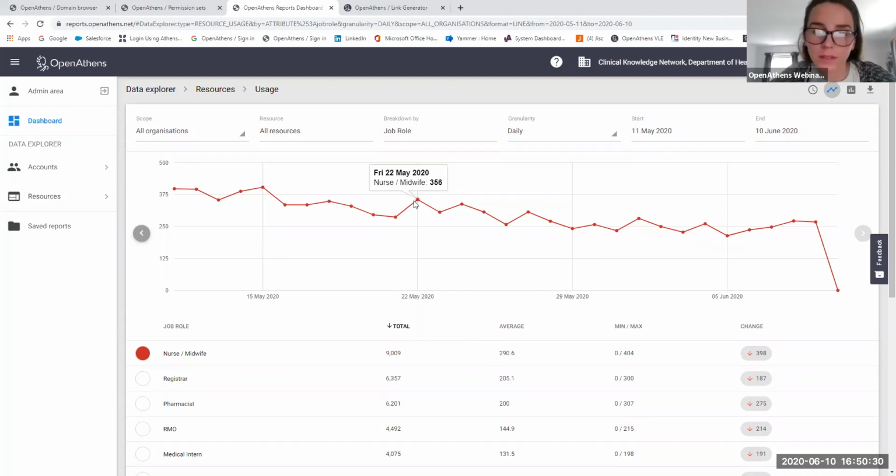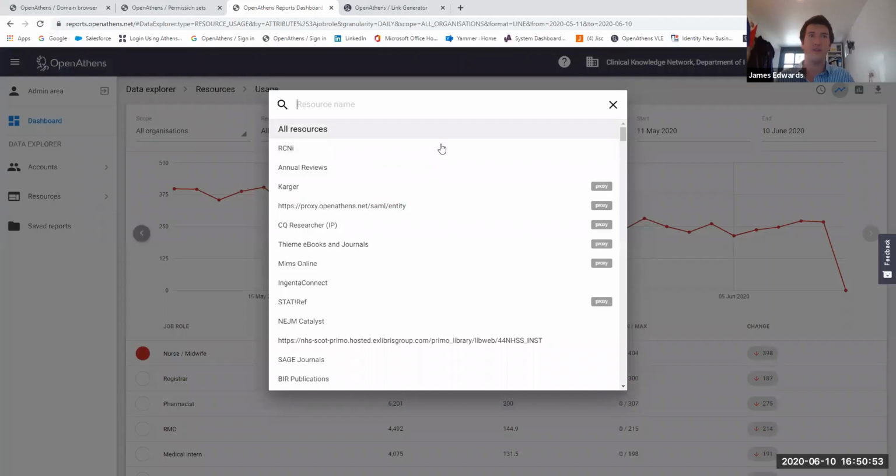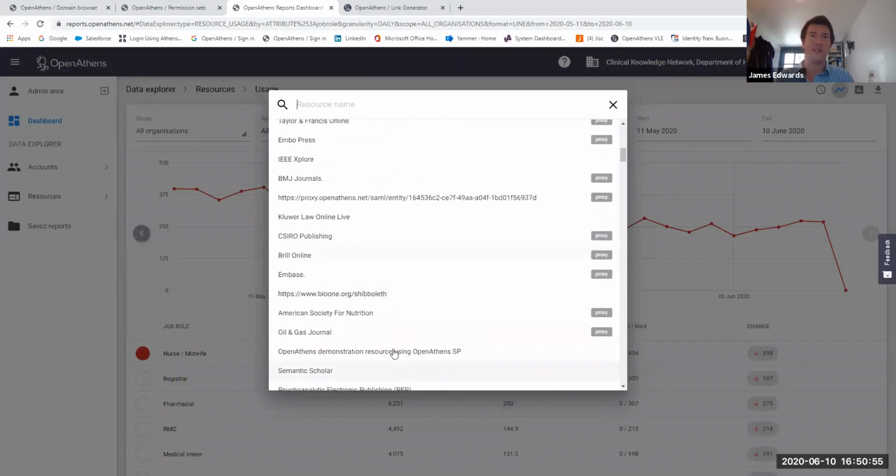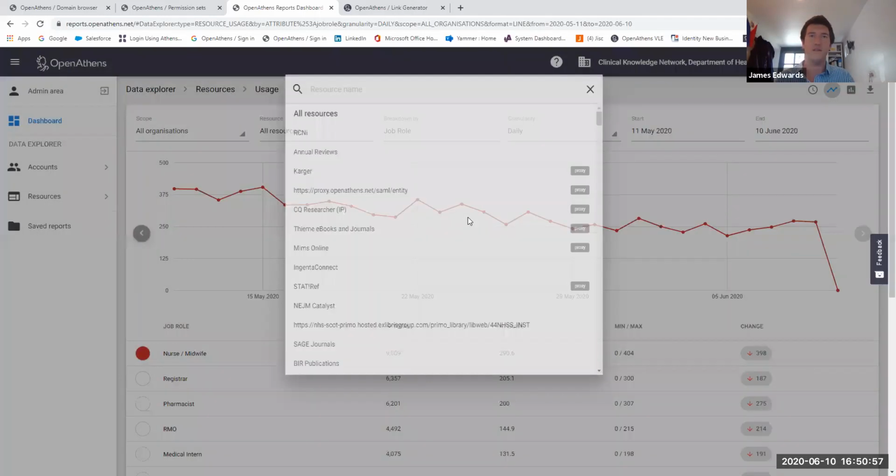I think that one was covered. It just came in a little bit earlier. We have one from Alicia as well, who says, so essentially you can pull most or all of your database stats from one place. Yes, exactly. They will be all the databases that are working and using OpenAthens. You can see them all here. At the moment that was looking at all resources, but you can see here all of the resources are listed for me to search and look at individually.